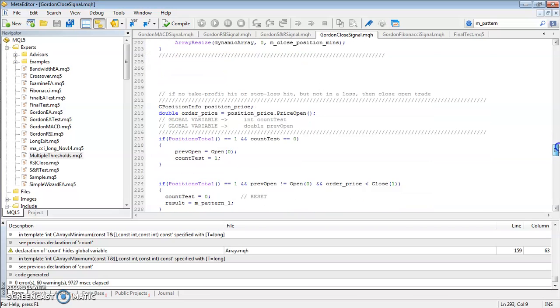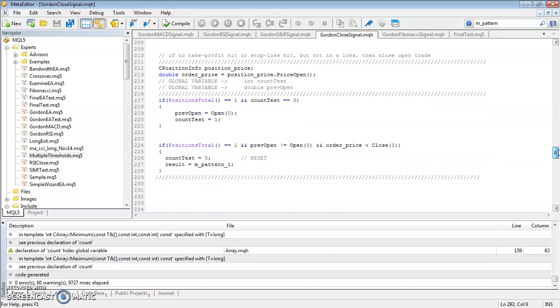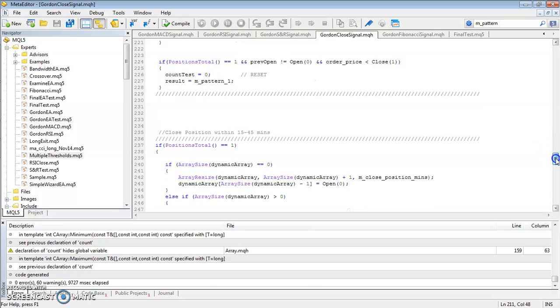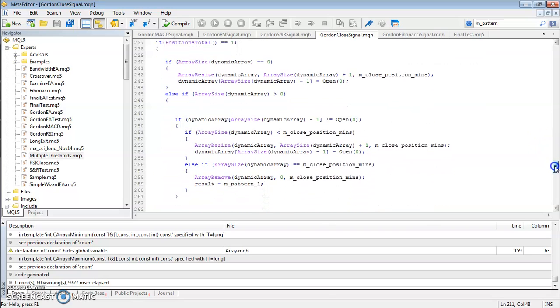So here we have this piece of code. It functions based on whether take profit is hit or stop loss is hit, but not in a loss, then it closes the open trade. But if, let's say, it doesn't hit take profit, doesn't hit stop loss, and we are in a loss, then this block right here